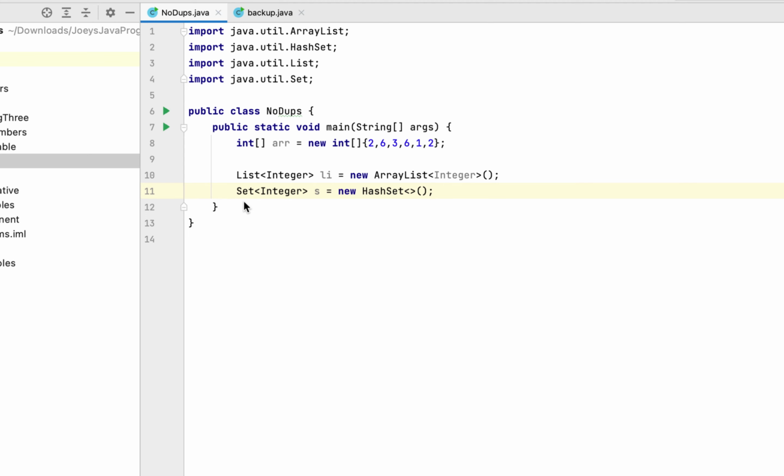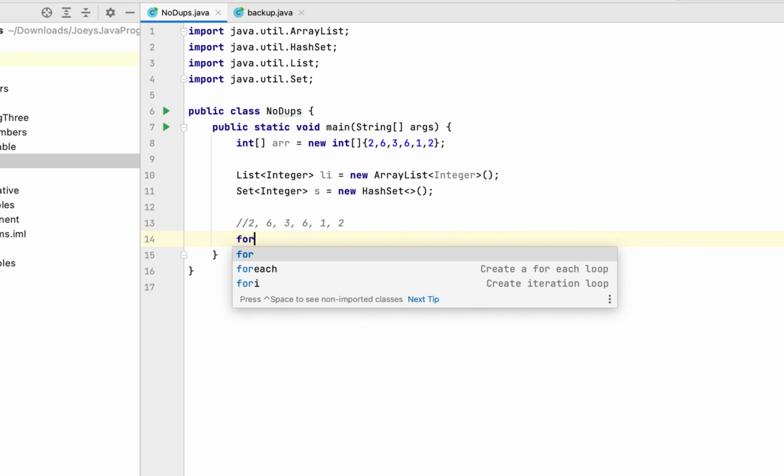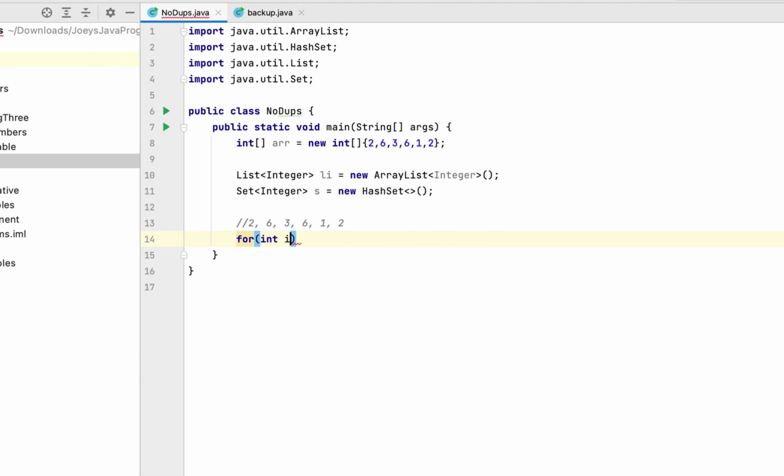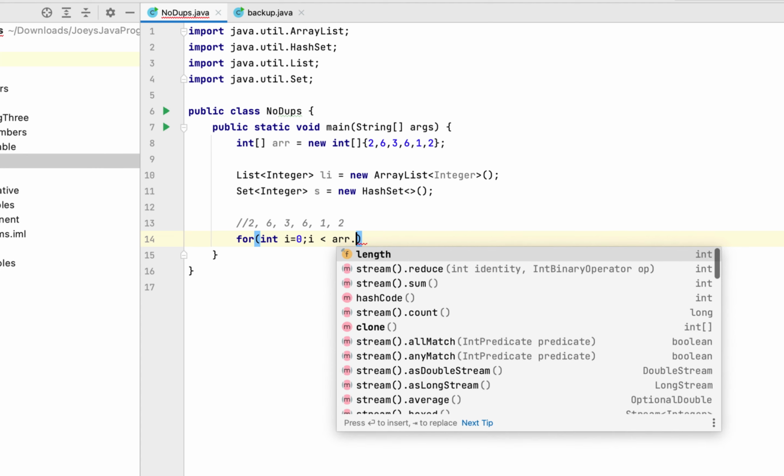List and set are interfaces which can be implemented using array list and hash set classes. Next, we are going to start a for loop on this array arr. So let's create one. It will be for int i equals to 0 semicolon i less than array dot length